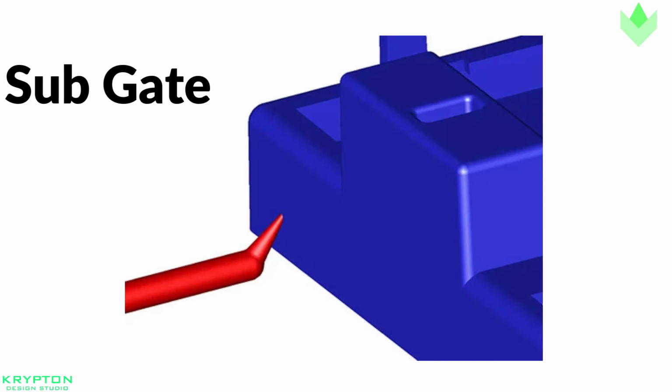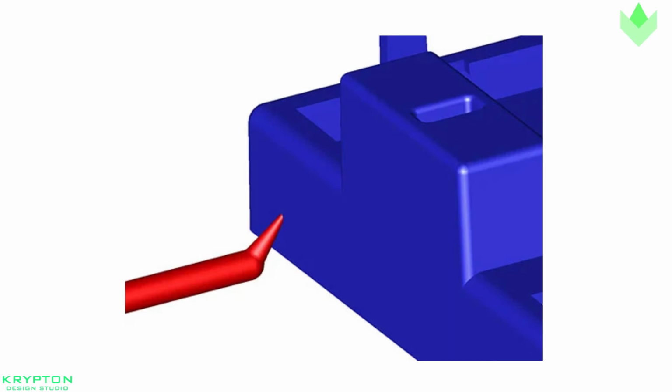The sub gate. The sub gate is the only automatically trimmed gate on the list. Ejector pins will be necessary for the automatic trimming of this gate. Sub gates are quite common and have several variations such as banana gate, tunnel gate, and smiley gate, to name a few. The sub gate allows you to get away from the parting line, giving more flexibility to place the gate at the optimum location of the part. This gate leaves a pin-sized scar on the part.